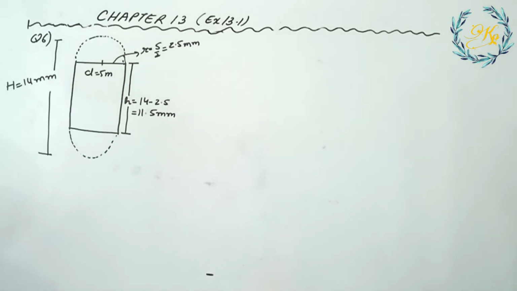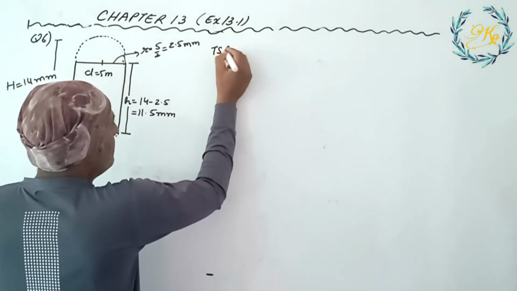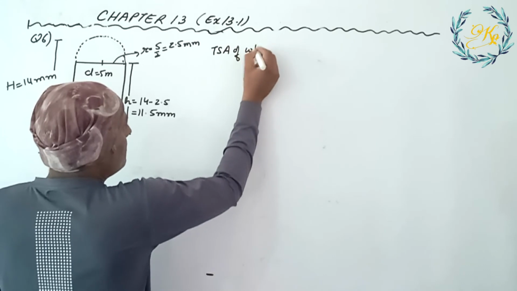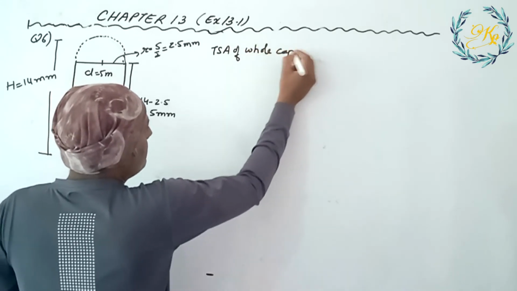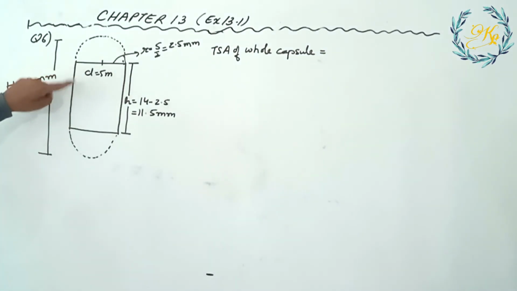So once you get the values, now we are going to find the surface area of the whole capsule. Alright, so finding the surface area of the whole capsule, you get the values as you can write. TSA, total surface area of whole capsule, is equal to, first we need to include the surface area of cylinder,